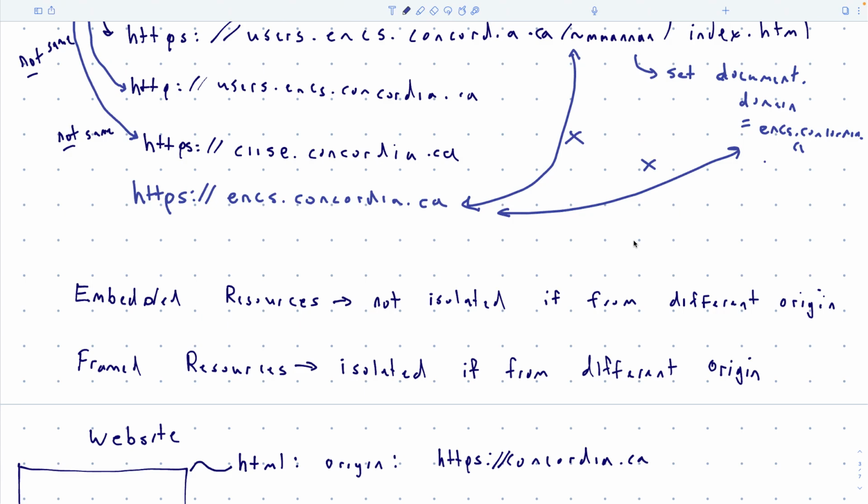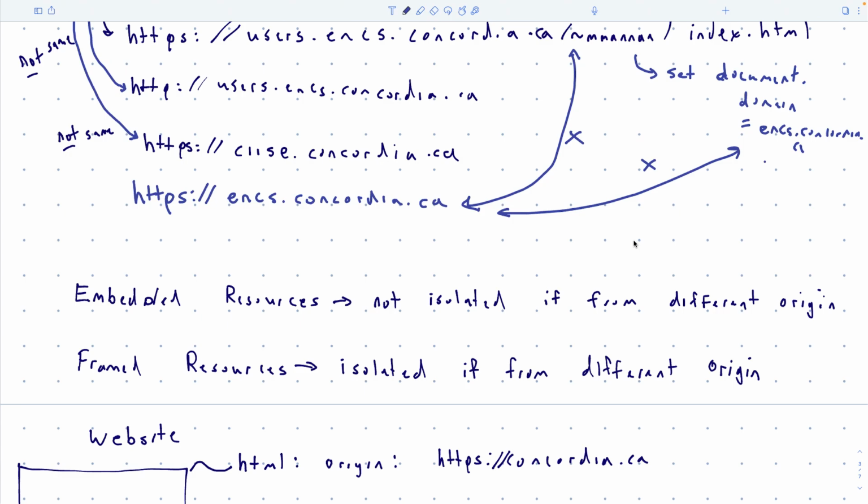And so usually what happened traditionally is that web developers would just always set their domain to the top level domain, the broadest domain that they could. You can't go all the way to .com, just like in cookies, but you can always set your domain to concordia.ca or whatever. Sorry, that's not a top level domain, that's just a domain.